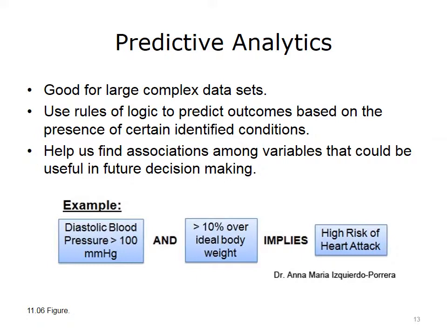There is a lot of evidence that high blood pressure and being overweight increases a person's risk of having a heart attack. If the electronic system has a rule that looks for all patients who have a measurably high blood pressure and a measurably high weight, then it could provide us with information on which patients are at high risk for heart attack, and we can target this population for preventive measures.